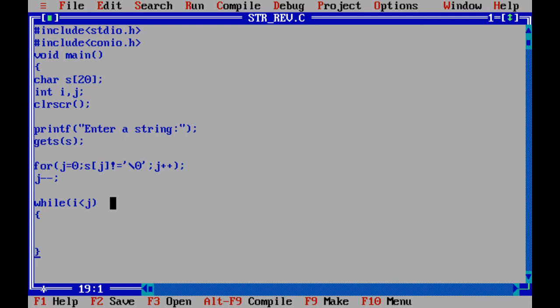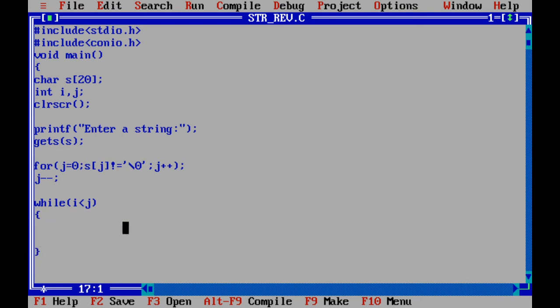At that instant we have to stop. So we have written that in terms of a condition, i less than j. So this is the condition, and as long as it is true, the part we are going to write will be repeated.